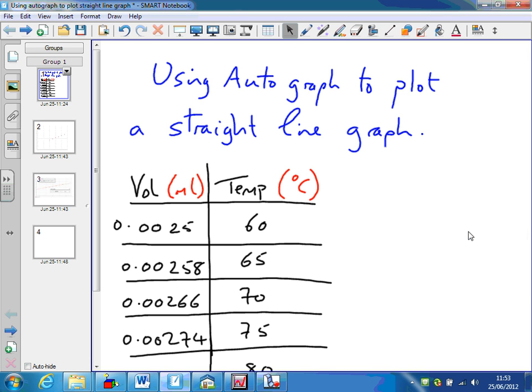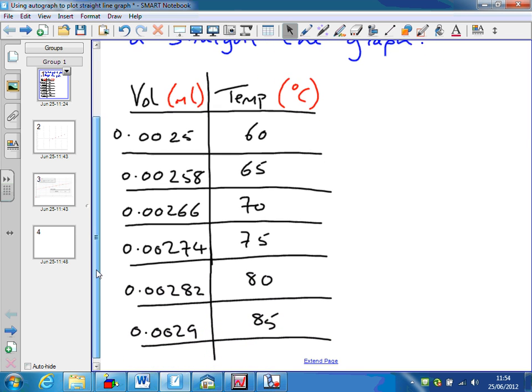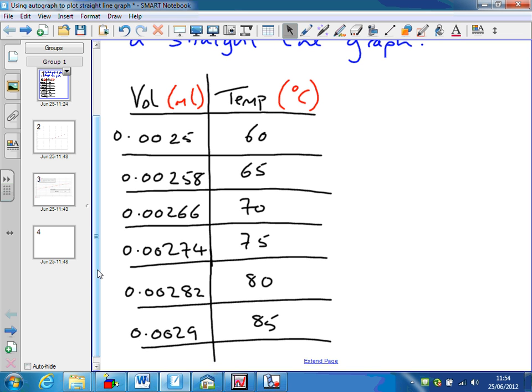Okay, this short video is about using Autograph to plot a straight line graph. Here's a set of data and we're going to have a go at plotting this data using Autograph. The first thing to note about this data is that on the left-hand scale, this volume here is a very